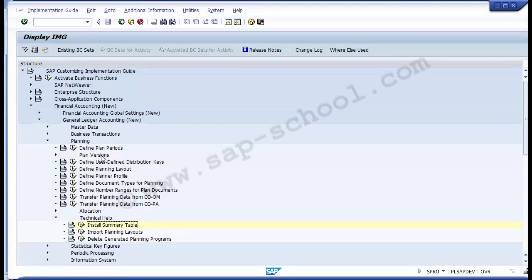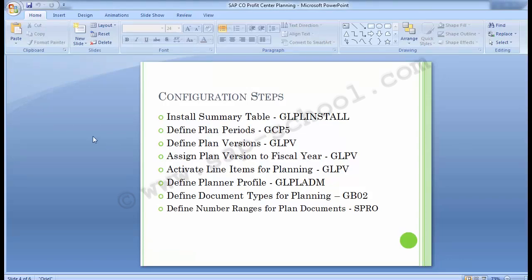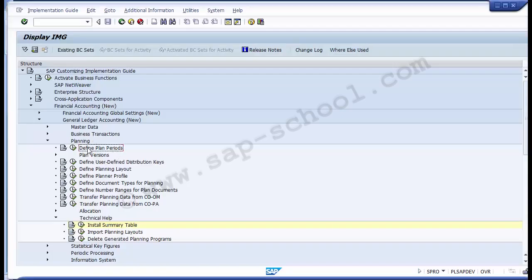So over here you can see the first option over here for the configuration is plan period. So this is plan period over here on the very first part. The same configuration is a path. You first need to go to the financial accounting new, general ledger accounting new, then planning, and within planning the very first step is define plan periods. So to define the plan periods, now you need to execute the option over here very next to the define plan period. And now once you execute this period